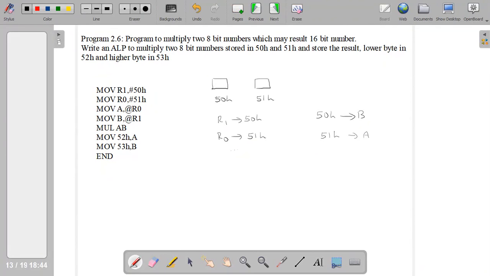So after the multiplication operation, the lower byte of the result is stored in accumulator and higher byte of the multiplication operation is stored in B register. So content of A is moved to 52H location and the content of B is moved to 53H location.